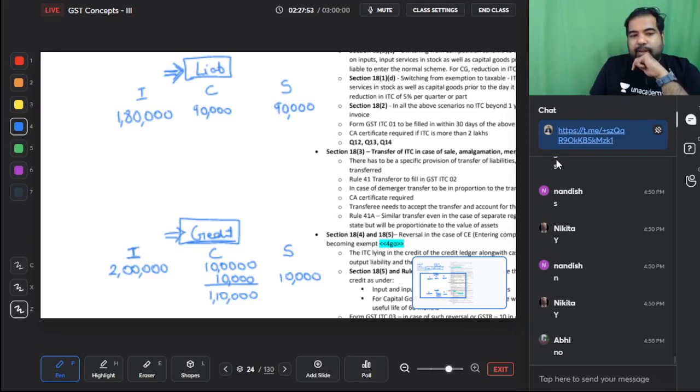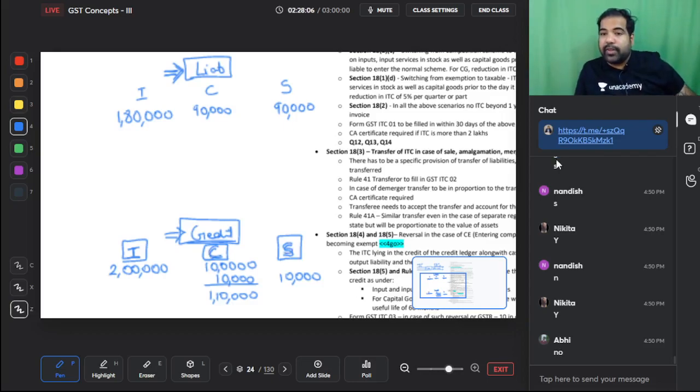Guys, this is your money in your Paytm account: IGST, CGST and SGST. Think of IGST as your parent. And think of C and S as two children or two siblings who always fight and they don't talk to each other.